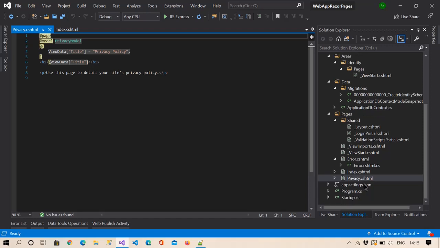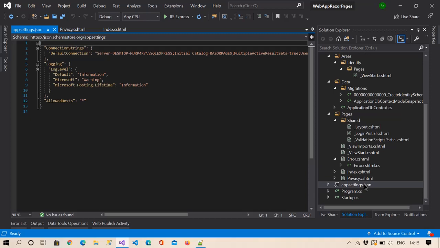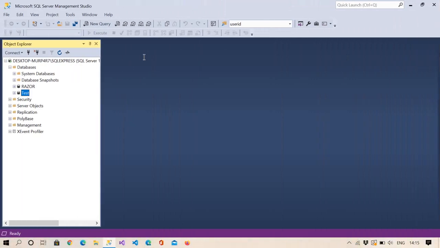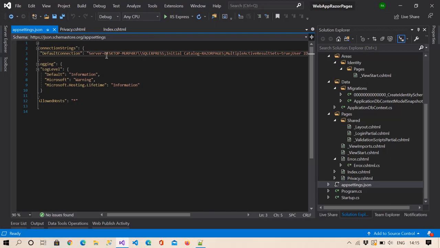Okay, and here you can find one file, the appsettings.json file. Here you can see all these settings. For now you can see the default settings, basically the default database connection is here, and we had modified this connection in the last video, as we need to use our SQL Server, not the SQL Server which is present inside Visual Studio. We want to save our data in this SQL Server, right? So for that I had modified this connection string and provided our new database name, or we can also provide an existing database name. Okay,